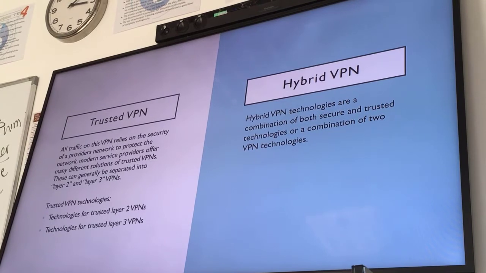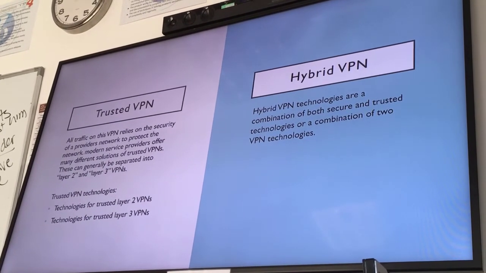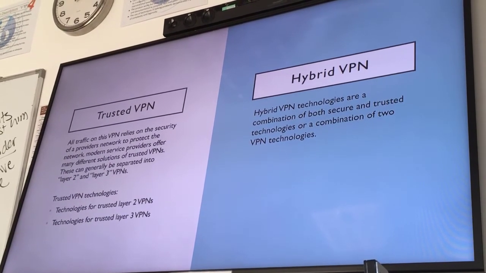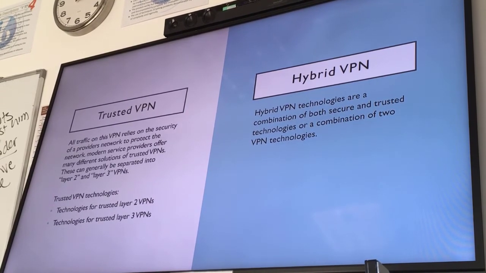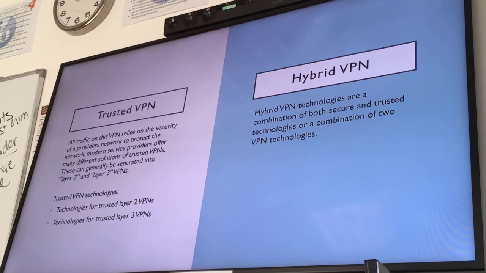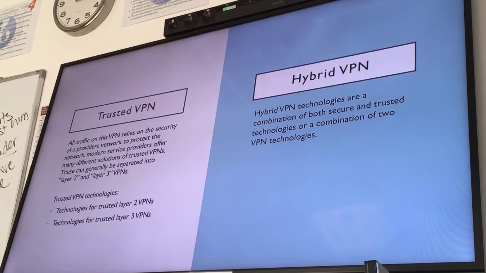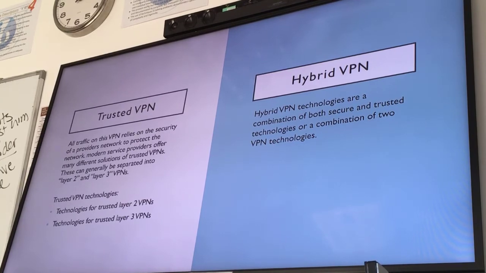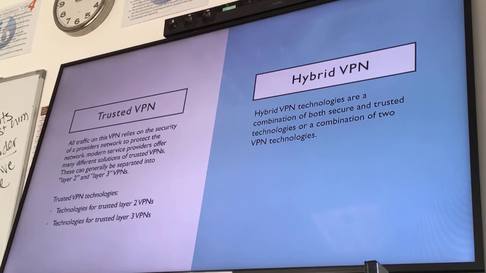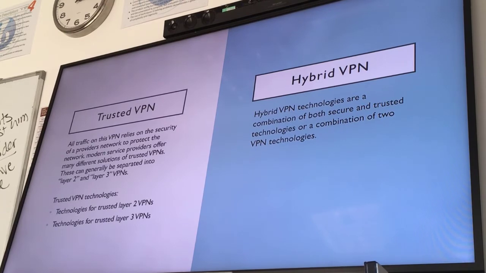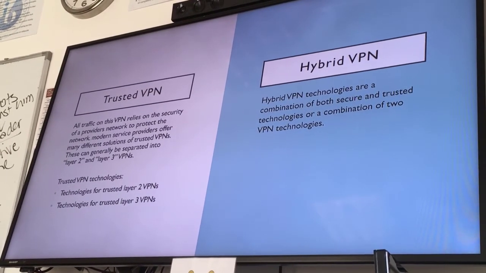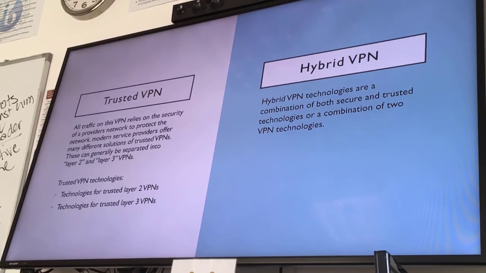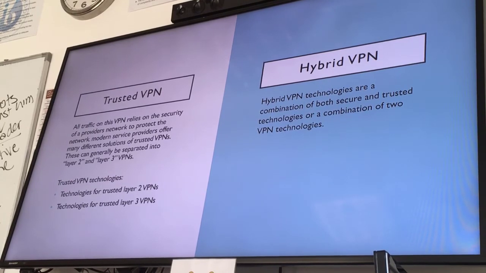So, trusted VPN. All traffic on this VPN relies on the security of a provider's network to protect the traffic. Modern service providers offer many different solutions for trusted VPNs. These can generally be separated into layer 2 and layer 3 VPNs. Trusted VPN technologies for layer 2 VPNs include asynchronous transfer mode circuits, frame relay circuits, transport of layer 2 frames over multi-protocol label switching, and then